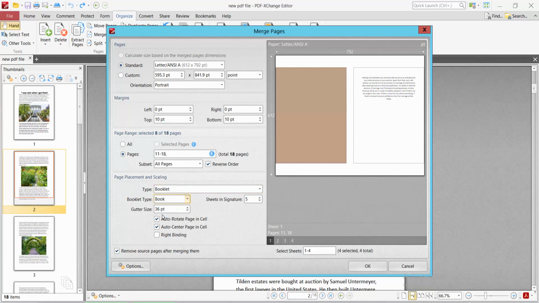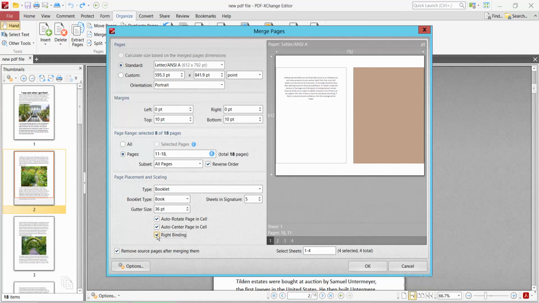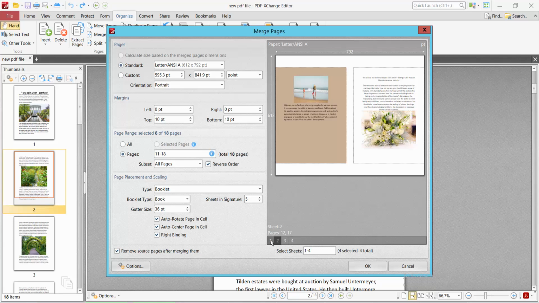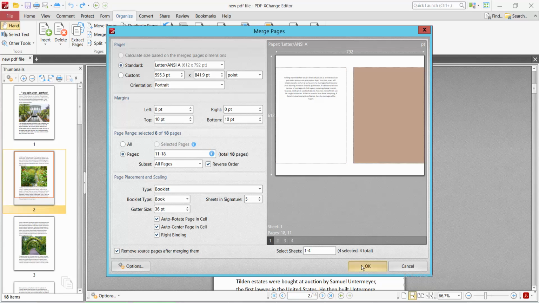Now select the book option and you can make it right bind. I'll make it right bind and remove source page after merging and see this preview. Now finally select OK